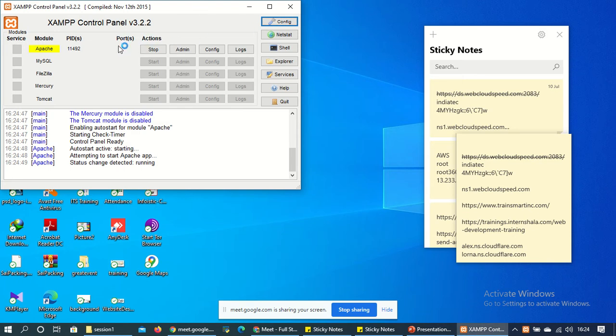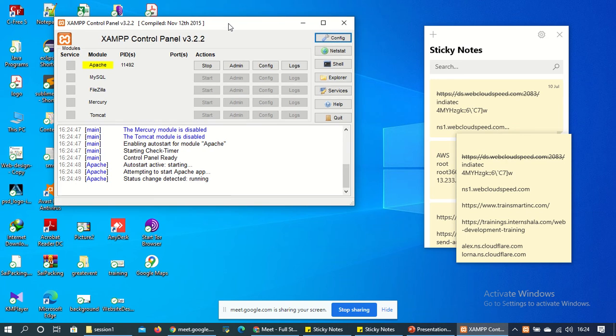Just come on, start. So now our XAMPP has started, and now I will run my project file on the server.